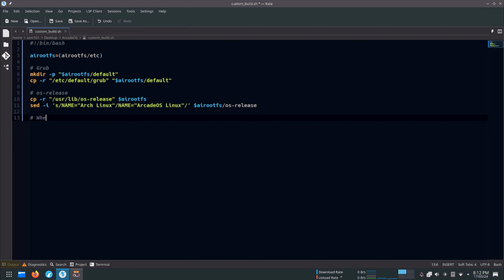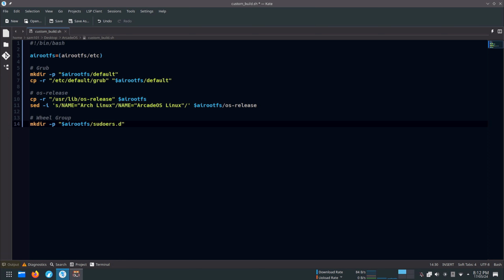Now the wheel group. We all know what it is. To add the wheel group, first we have to make a folder named sudoers.d inside the arootfs directory. Then add the location of the g_wheel file.